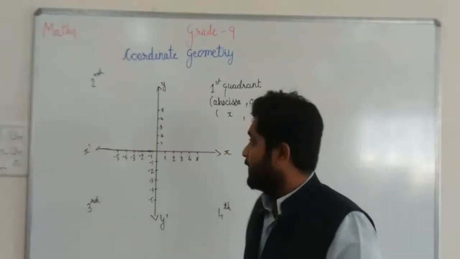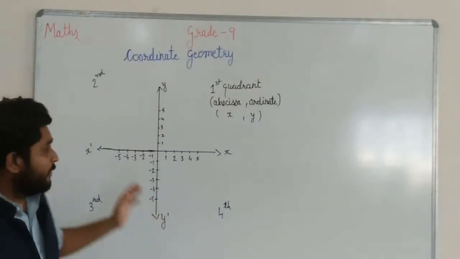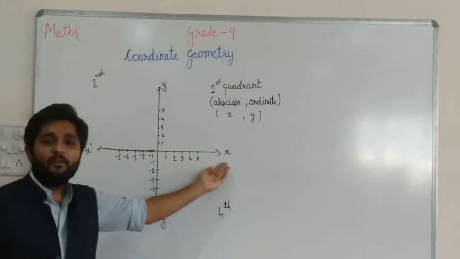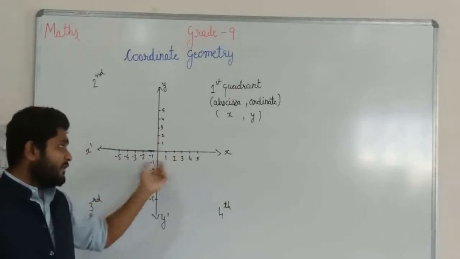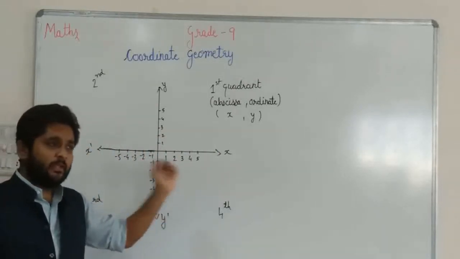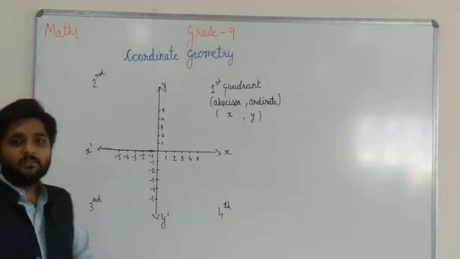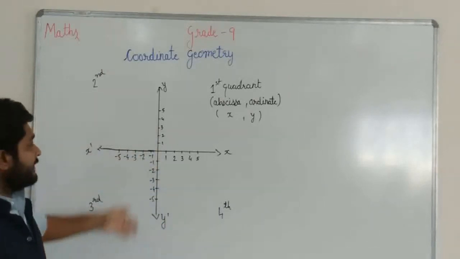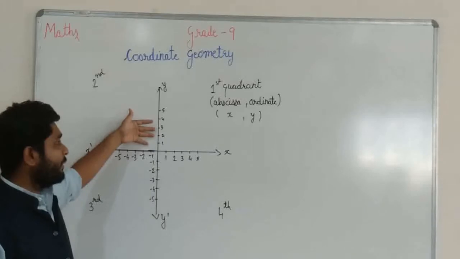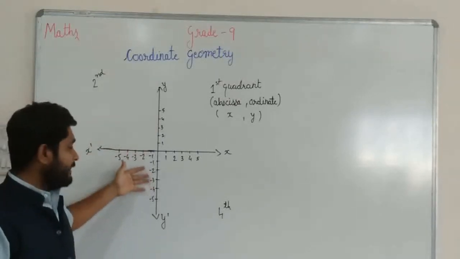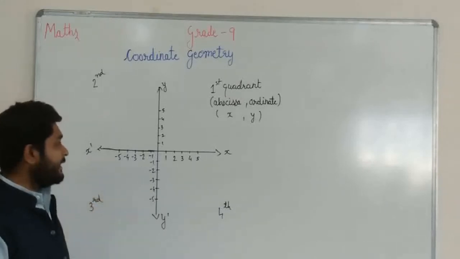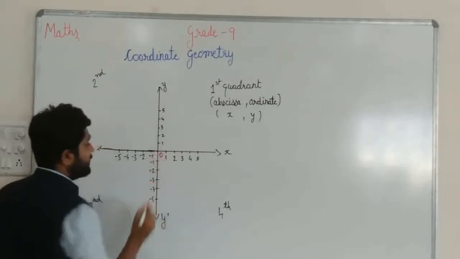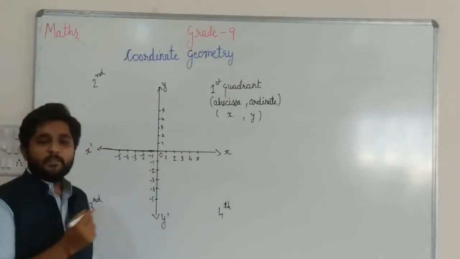So first of all, on the board, two axes are there, x-axis and y-axis. So here x and x dash. On the right side we have to write x and on the left side x dash. On the right side the numbers are positive 1, 2, 3, 4, 5, and on the left hand side the numbers are negative -1, -2, -3, -4, like this. And the same as a vertical line, the vertical line y and y dash. So on the upper side all the numbers are positive, and on the downside, the y dash side, numbers are negative. And friends, at the center, that is the O. O means origin.